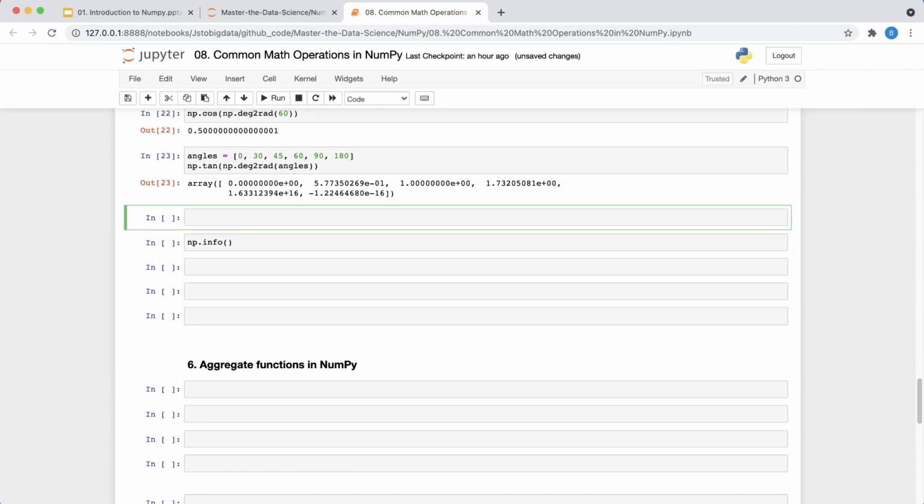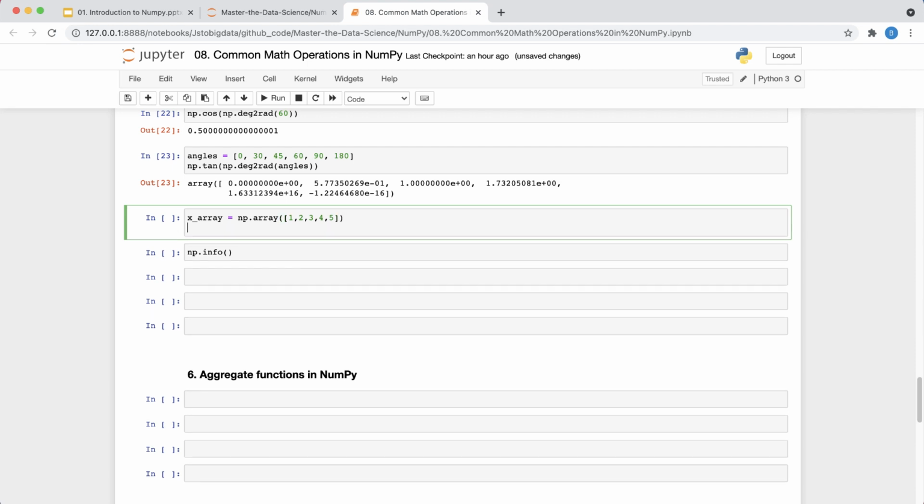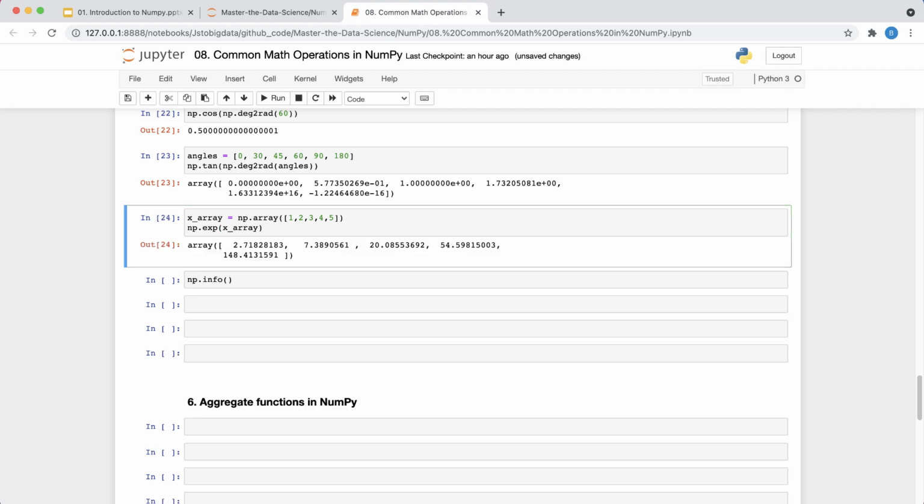So it is also possible to find exponential values in NumPy. Now to do that, let's say I again take another array. Okay, and this one is just 1 2 3 4 5, and then I want to calculate the exponential values of X array, and you get the result.